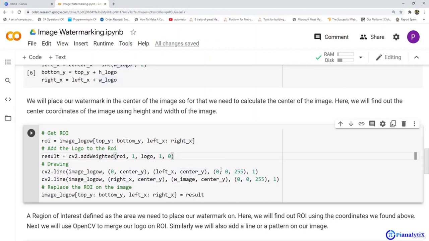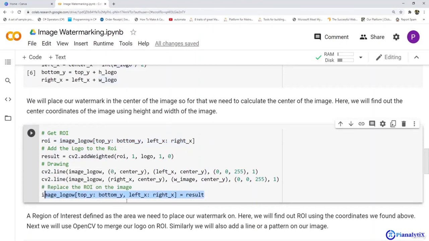And this is the color format, that is 0, 0, 255. Similarly, I have added one more line, which is right x to center y and width of the image to center of y. Now we'll replace the ROI on the image. So for that we will use the image logo that we have set here, ROI. We'll change that to the result, that is the weighted ROI and logo.